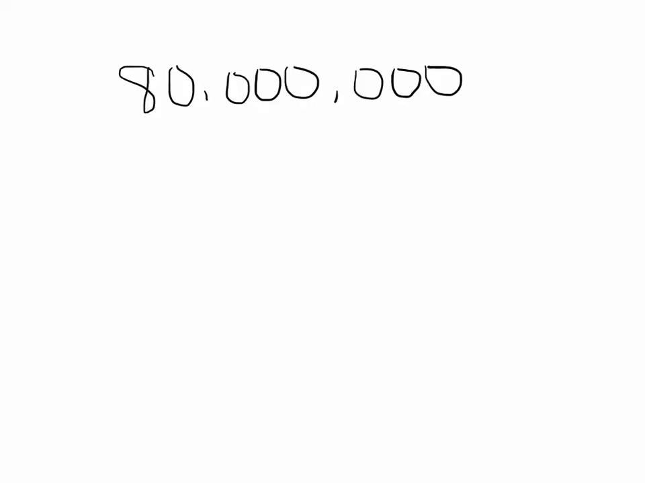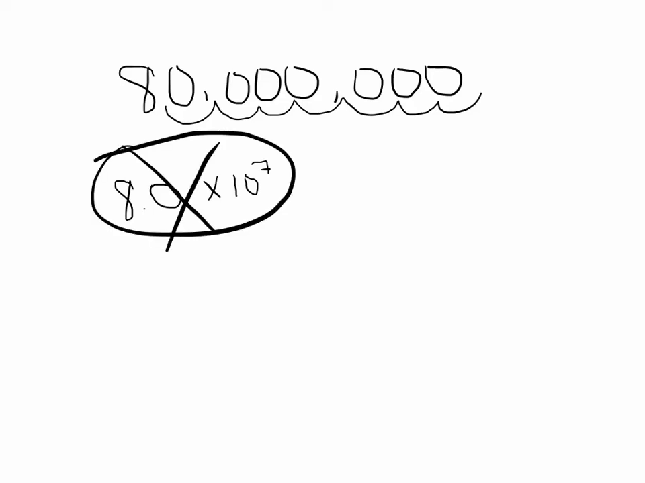Okay, in this number, 80 million, we know that the decimal is at the end of the number, but we want to maintain the precision that's demonstrated in this number. So we're going to write not 8.0 times 10 to the 1, 2, 3, 4, 5, 6, 7, because that's giving more precision than we wanted to. Instead, we're just going to write 8 times 10 to the 7th. Alright, now let's move on to